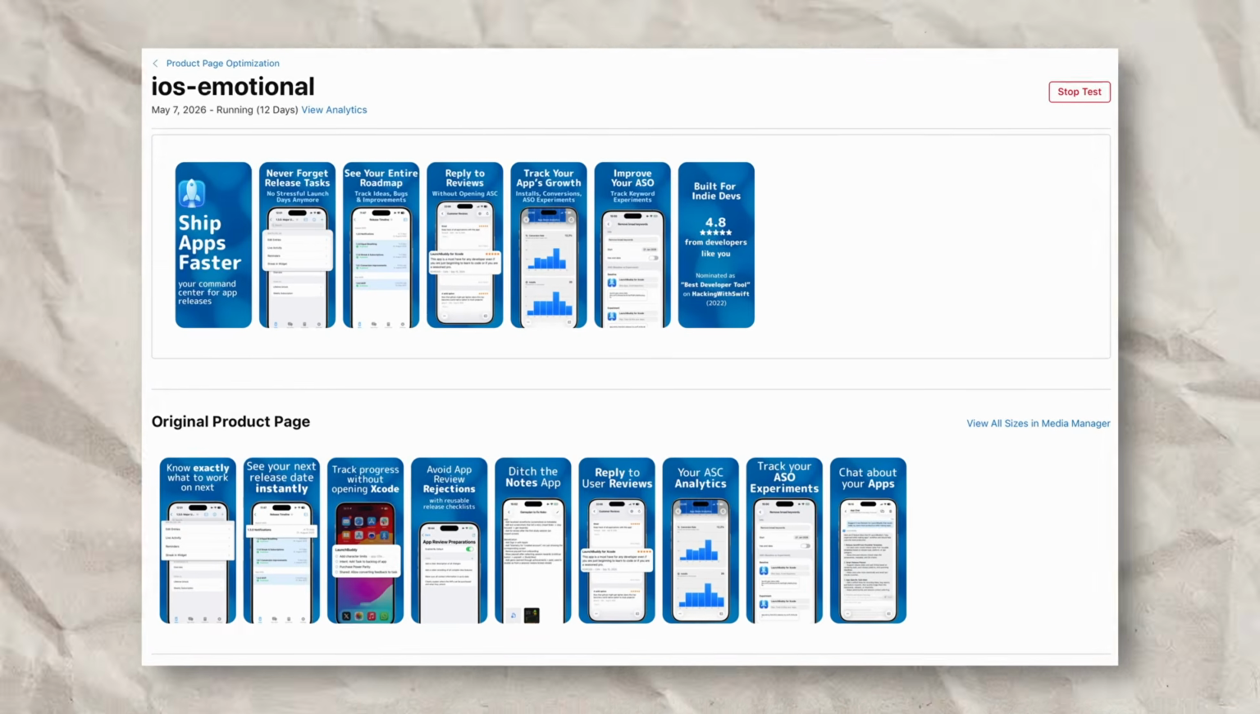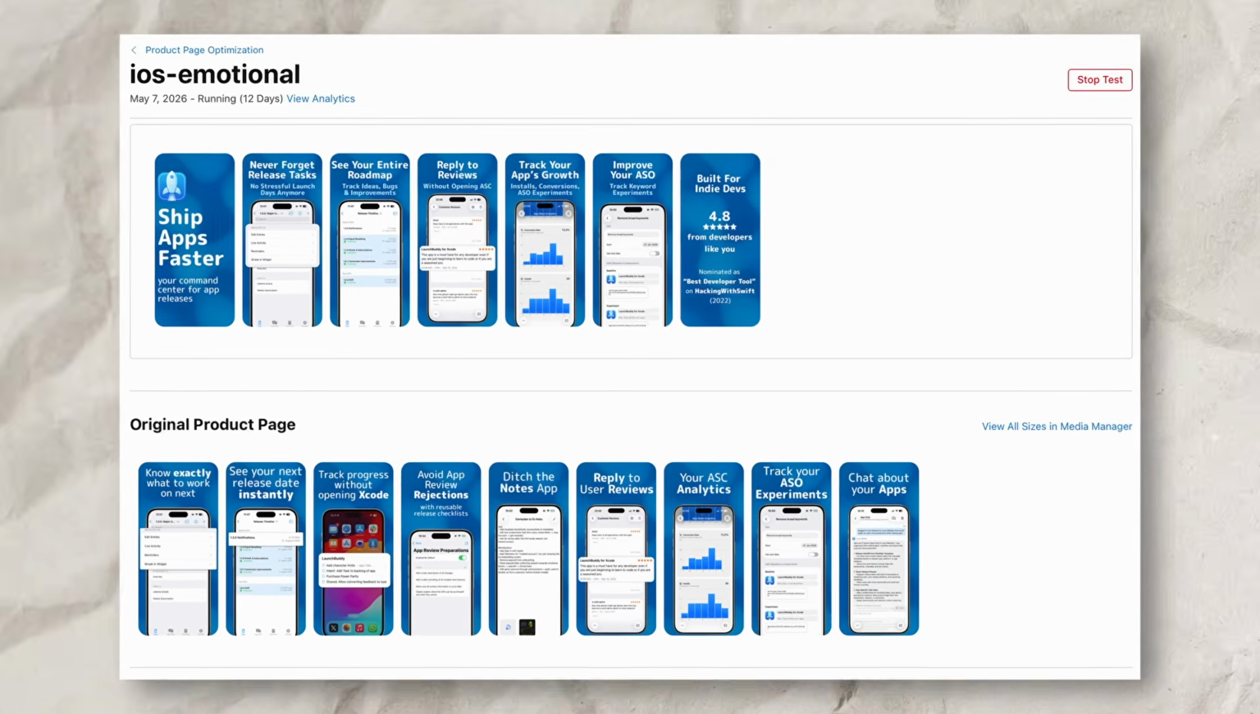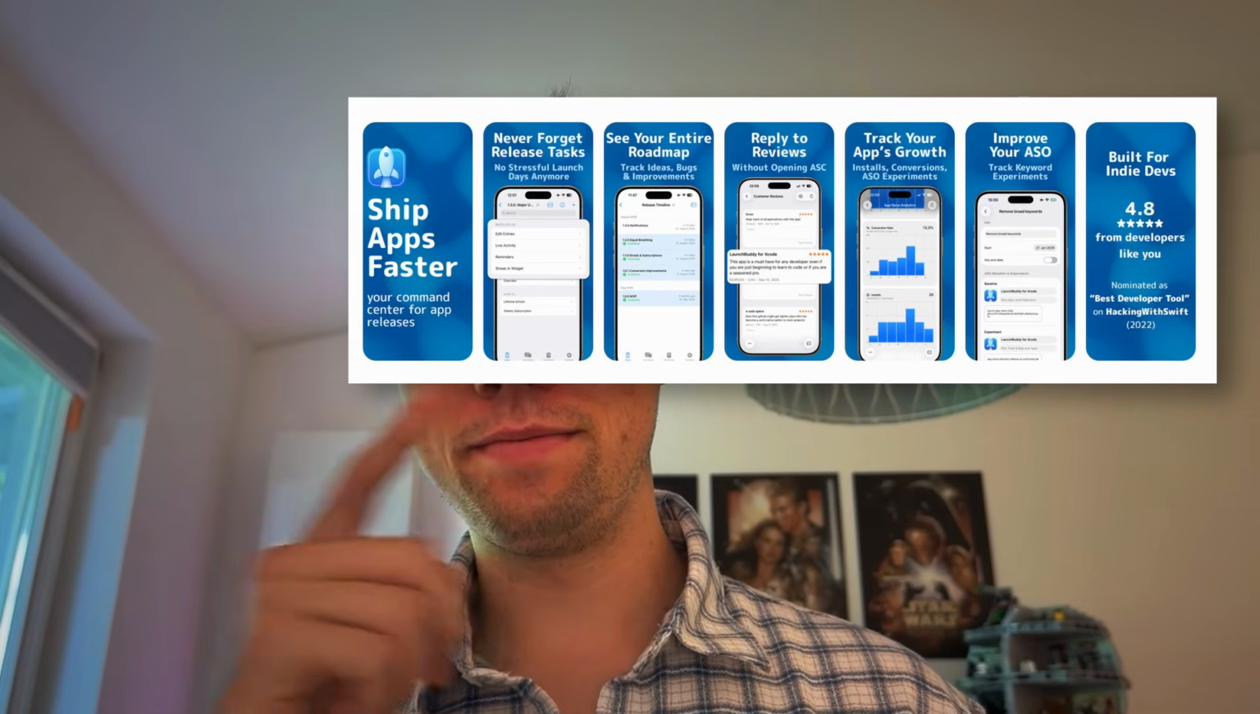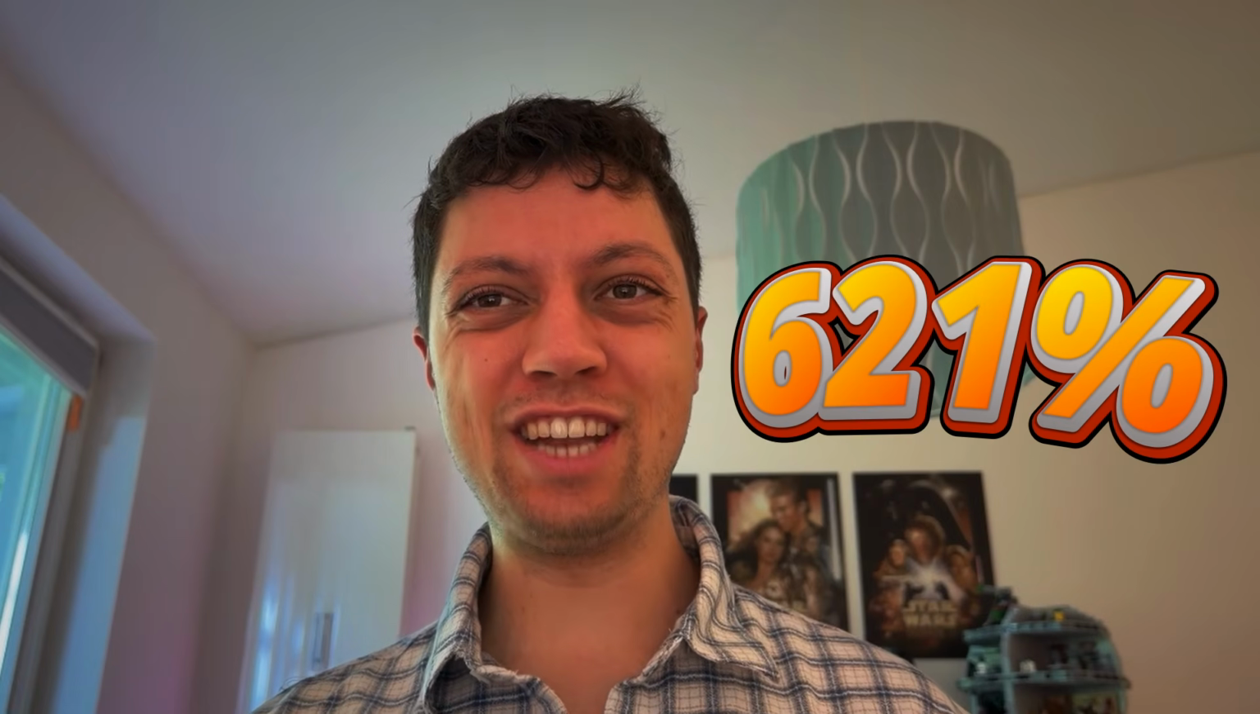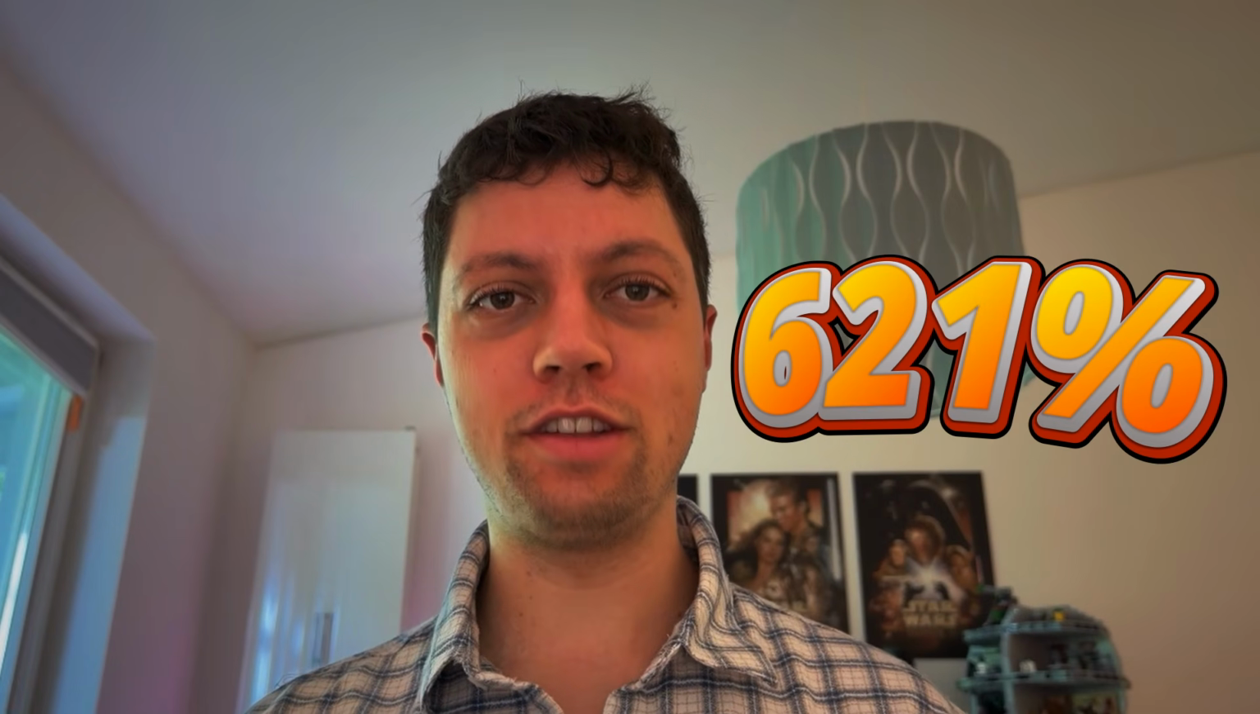I want to show you something. This is a real A/B test I ran on the App Store page for my app LaunchBuddy. Treatment A is performing 621% better than the original. That's not a typo,